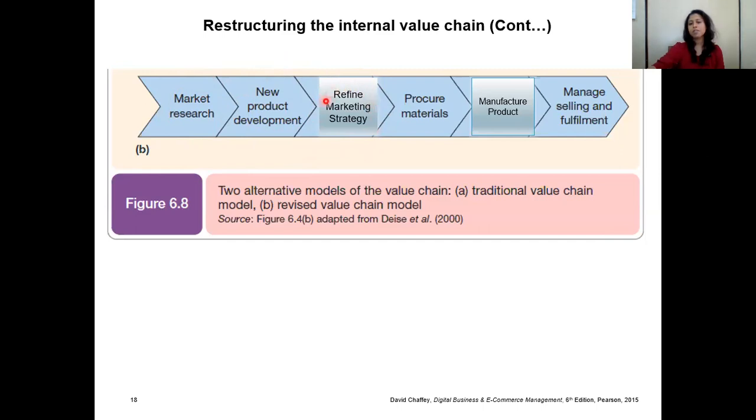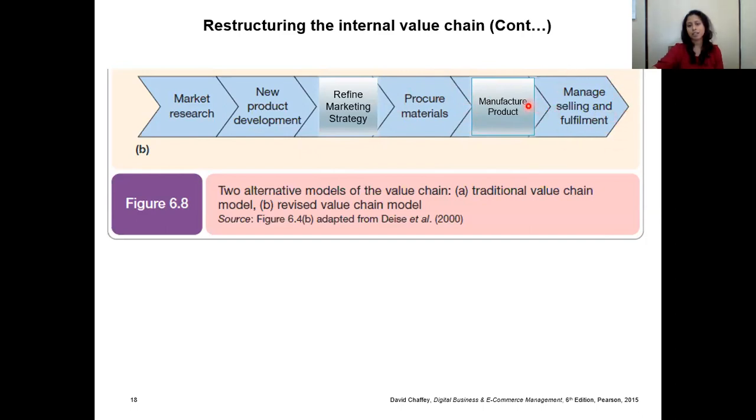according to the nature of this new product development, you can refine the marketing strategy that you use in order to promote, in order to sell, in order to advertise about this product, in order to communicate about this product, right? The marketing strategy you may have to refine. And also now you have developed your product, you have refined your marketing strategy. So before you start manufacturing, you may have to procure materials, right? And from your suppliers, and then finally you move on to manufacturing the product, and then managing and selling and